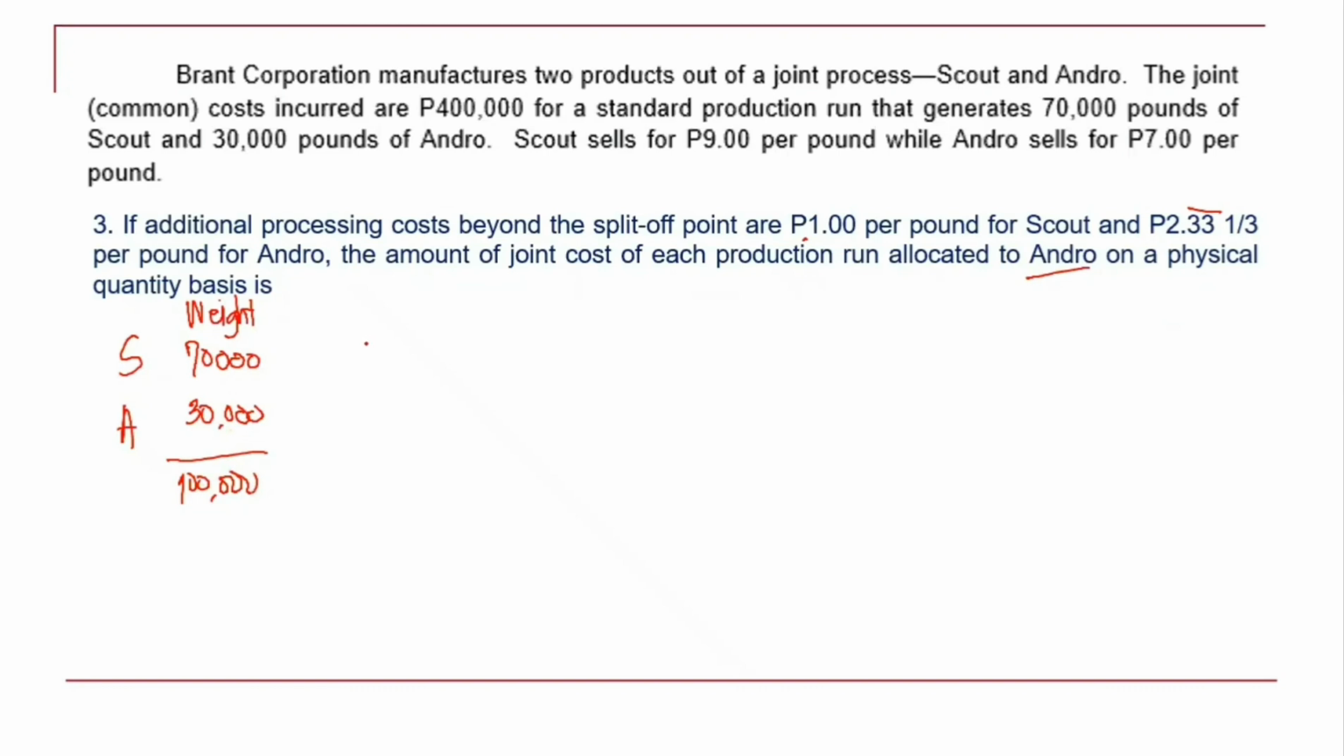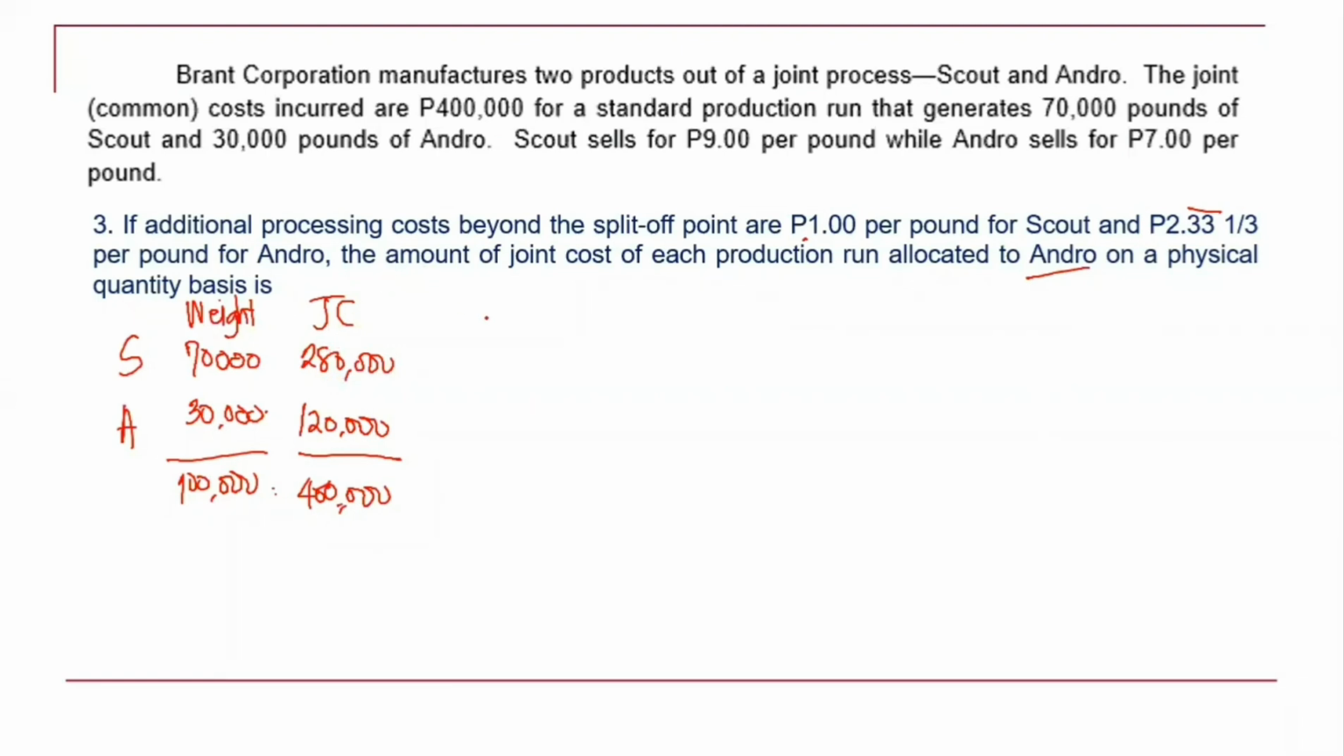Okay? Now, ang sabi naman po dito, physical. So ito na po mismo. So joint cost po natin, based on the physical, 400,000. Kung mapapansin mo, halos kamukha siya nung number 1 natin. So selling Scout rather. So 70 over 100, multiply natin sa 400,000. So that would be 280,000. And then for Andro, 400,000 times 30 over 100, that is 120,000. Kapareho ng sagot natin sa number 1. Pero pag tinanong po yung unit cost,